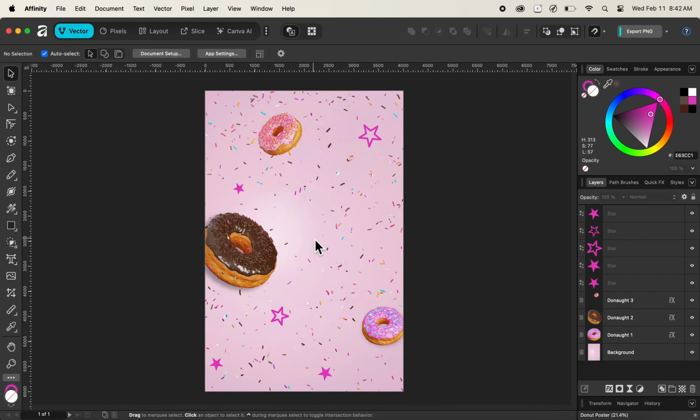In today's video, we'll be looking at the difference between the artistic text tool and the frame text tool in